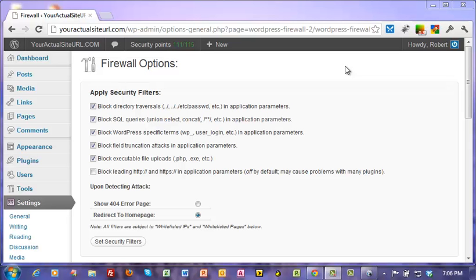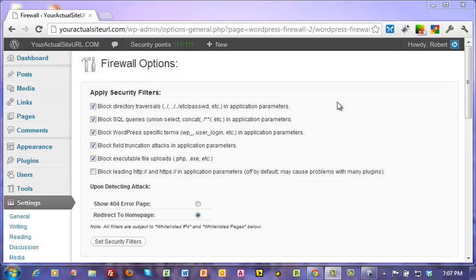the WordPress Firewall 2 plugin that you can install on your blog. This is a very useful plugin in that it prevents a lot of bad attacks on your WordPress blog. The only problem is it can also cause trouble with some of the plugins that you have installed on your blog. So I wanted to give you some information that will help you in case you're running into problems after you've installed this plugin and you're getting a lot of 404 errors or redirected to the home page